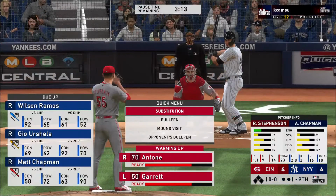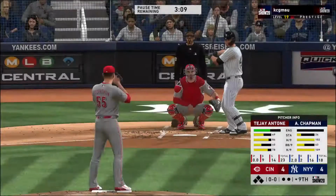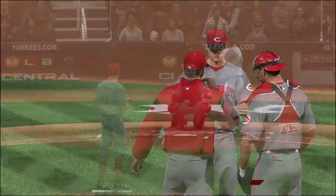All set for the bottom of the 9th. And next is the catcher, Wilson Ramos. The designated hitter, TJ Antone comes on to work on the mound, hoping